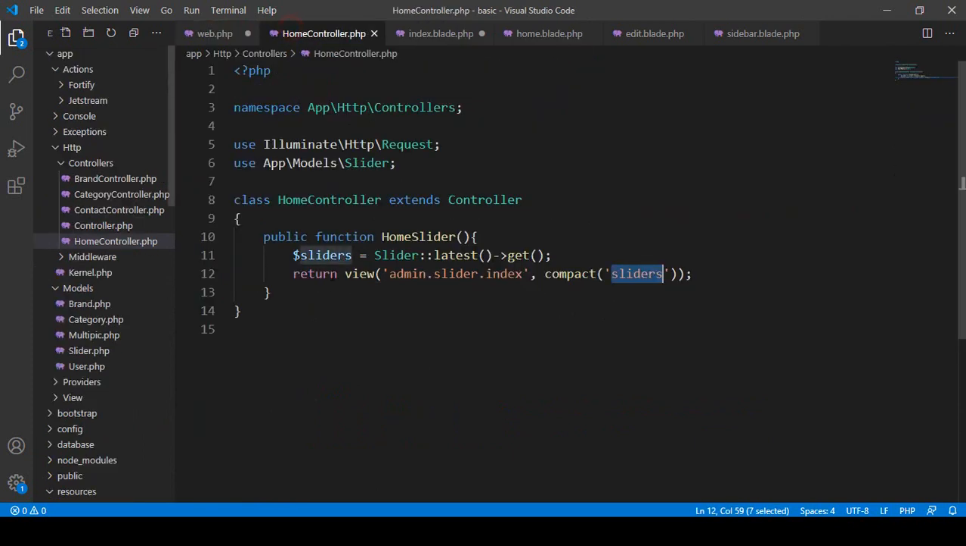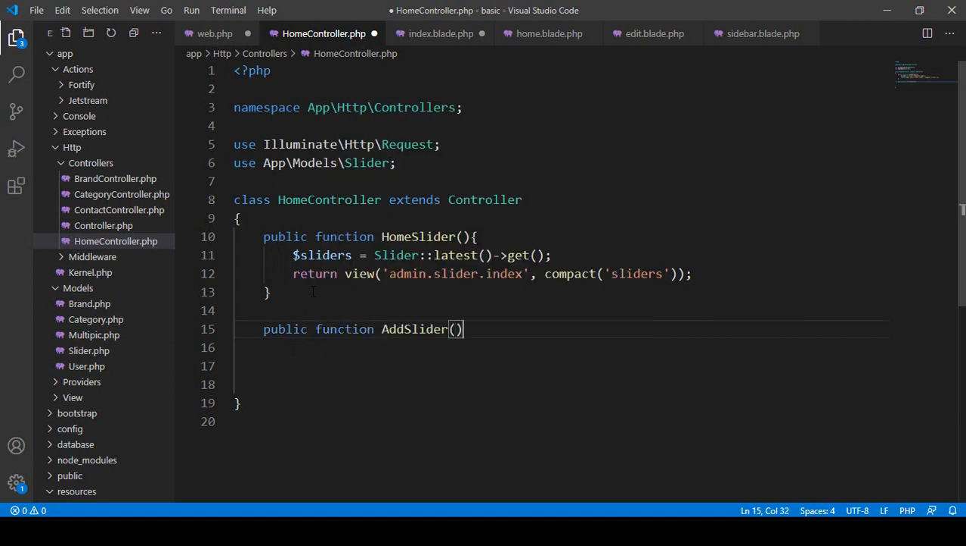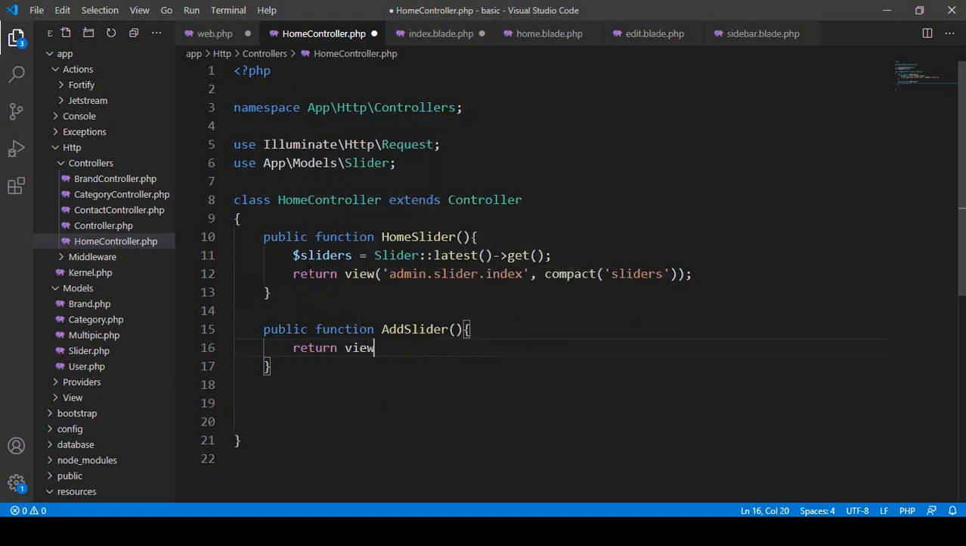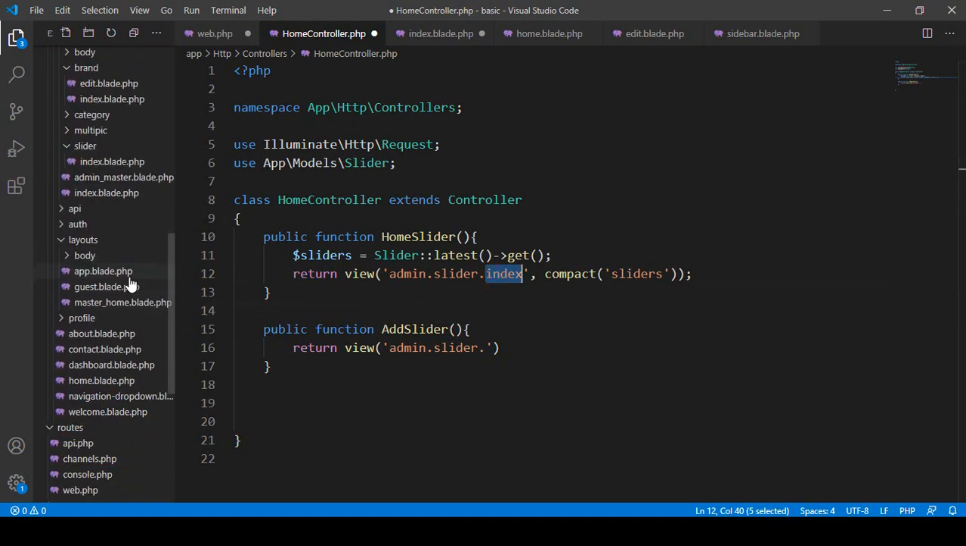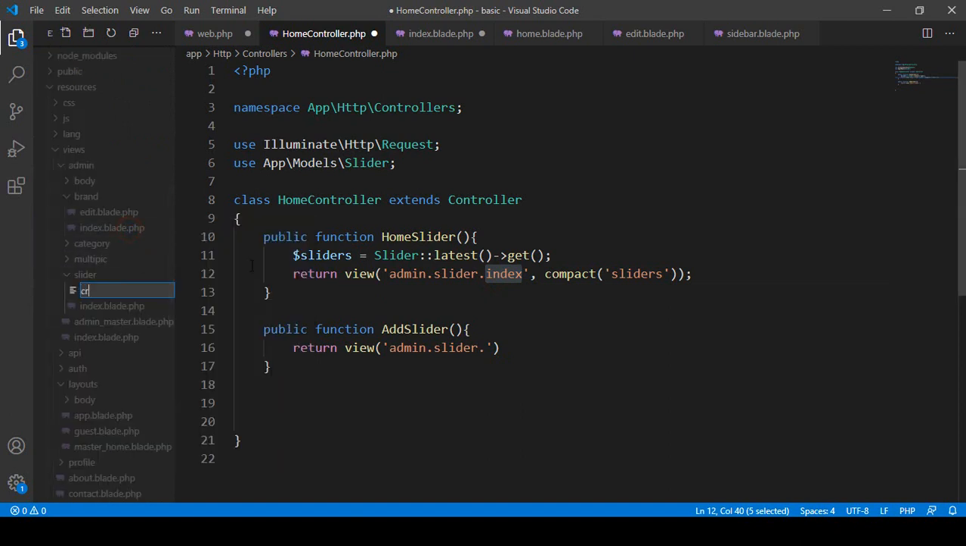Now go to our home controller here. I want to create another method. It will be public function, and then our method name. So that is our method. Here I want to simply return a view page, because we have to load a page. In the admin folder, inside the slider folder, before I created an index. Right now in this folder I want to create another new file, and I just name it